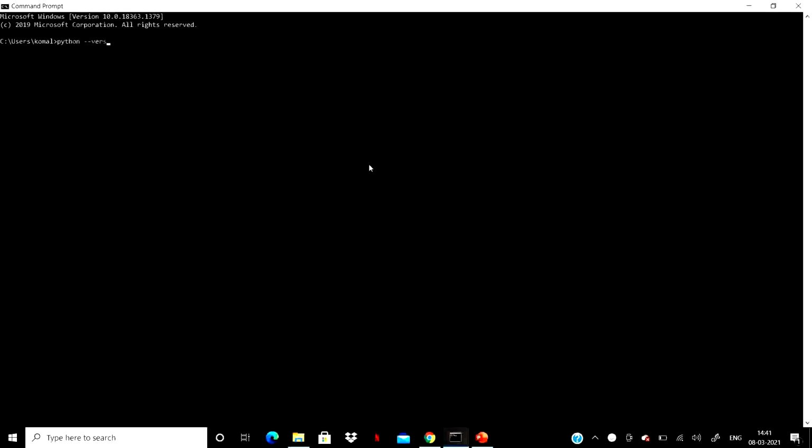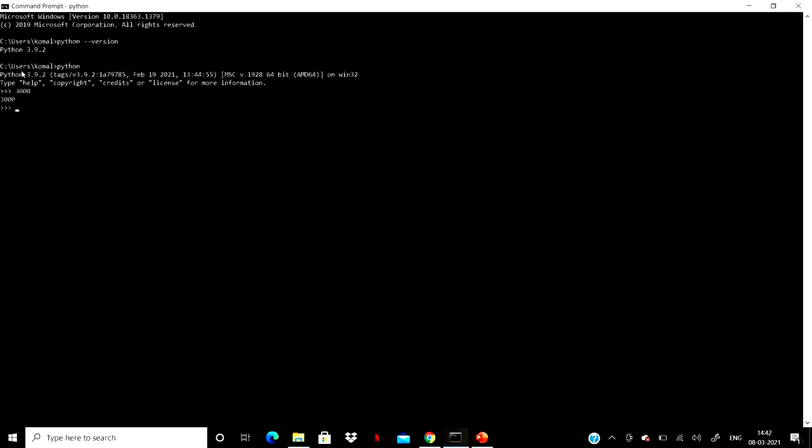Starting with REPL, check the version of Python we are currently deploying. We can do the same in command prompt, and it shows 3.9.2. We see that there are 3 arrows in the command prompt being shown by default. We are going to type in a number, say 3000. We get 3000 as the output, so it returns back the 3000 value.